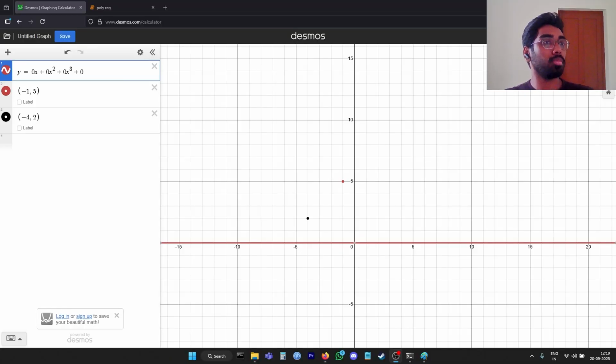So I've pulled up Desmos here to show you visually how this curve fitting works. I've initialized 2 points here, negative 1, 5 and negative 4, 2. Now I've also initialized an expression 0x plus 0x squared plus 0x cubed plus 0. So I've also initialized a polynomial expression here with coefficient 0 being a degree 3 polynomial. So what we're going to do here is try to fit a curve that goes exactly through both these points,